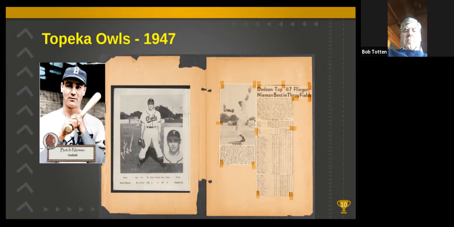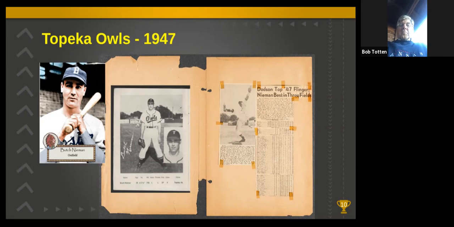After Butch Neiman and Lee Dodson retired from playing professional baseball, they were instrumental in establishing the Babe Ruth League for kids 13 to 15 here in Topeka. And I played 2 years for Butch Neiman's teams that were composed largely of kids from the Capper and Boswell schools. And we competed against Lee Dodson's Tecumseh teams. Great competition, a lot of fun.